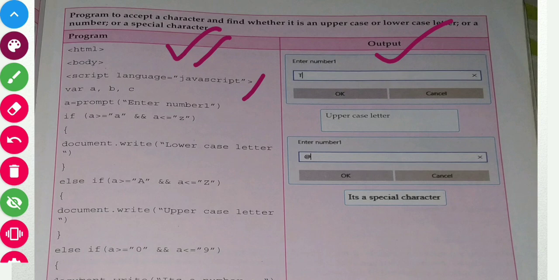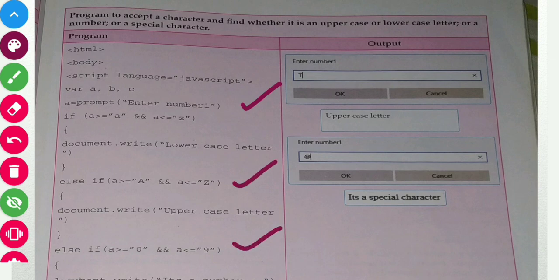Now we are going to give conditions here. This condition is for the if, and the else if also has a condition. You can see, friends, three different conditions we have assigned here. First of all, the first condition is for checking the small letters, that is lowercase. Lowercase means small letters.